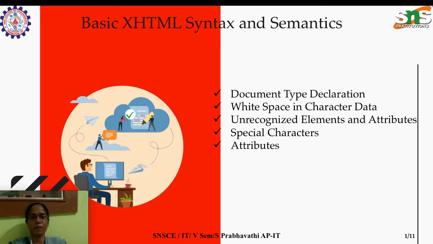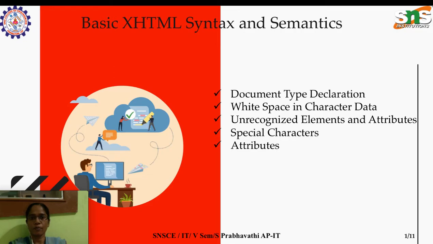Whereas XHTML is the strict version. We must include the close tag for whatever element has an open tag. For example, in Java, if we miss even a semicolon, the compiler will display the error and the program won't run. But in HTML, even if something is missed out, the page will be rendered by the browser in some way, and in the future it issues some technical errors. So to avoid that, we will be using XHTML.